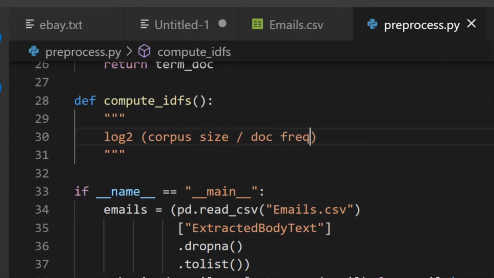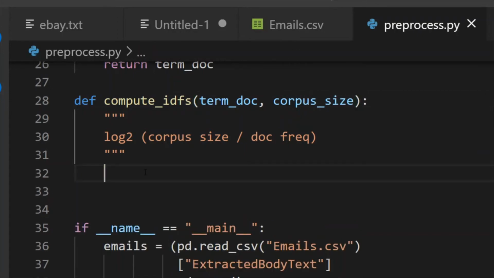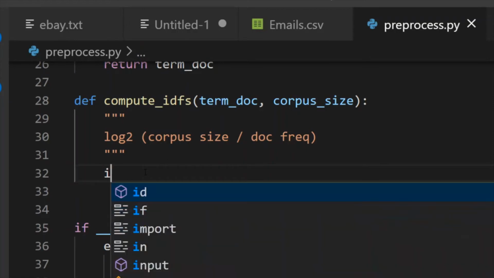And document frequency is just how many documents the term is found in. So this method will accept term doc as a parameter, and it will also take the corpus size as another parameter. We'll start off with an empty dictionary of IDFs,